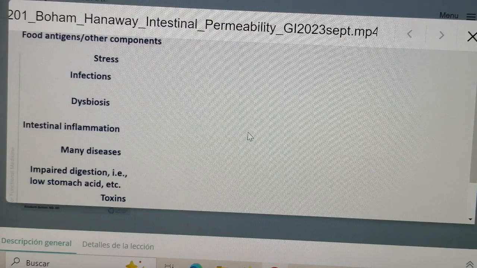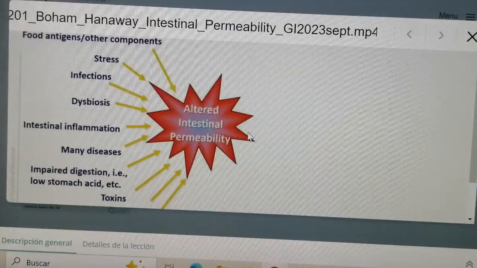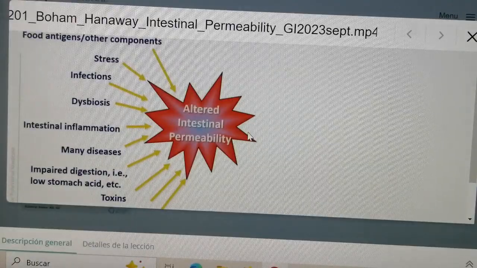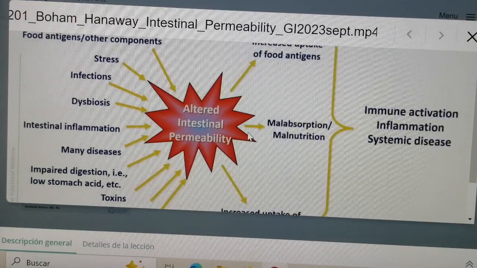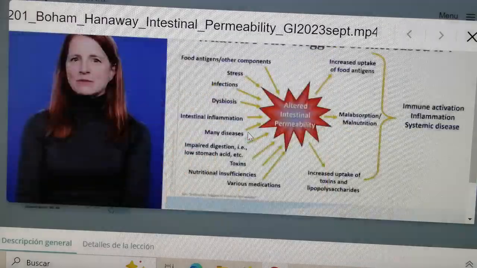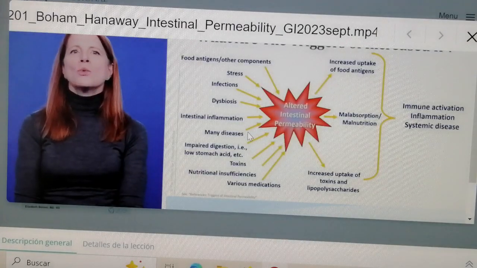And we talked about the food. We know stress, infections, dysbiosis, medications, all of those things can cause altered, increased intestinal permeability. And then what that can result in is, when there's increased intestinal permeability, foods that haven't been properly broken down yet, or food particles that aren't really meant to be absorbed, will get absorbed